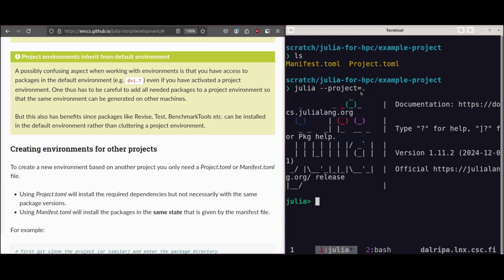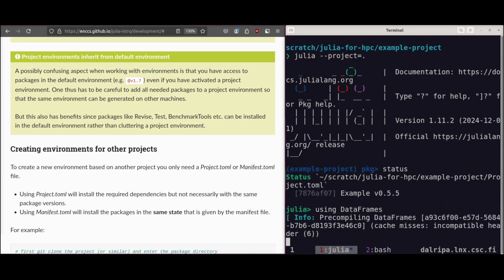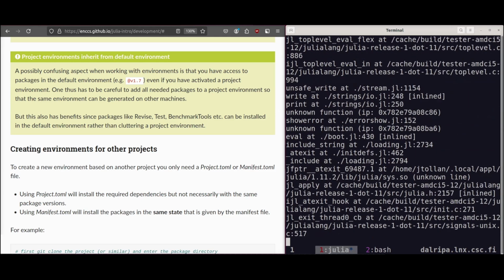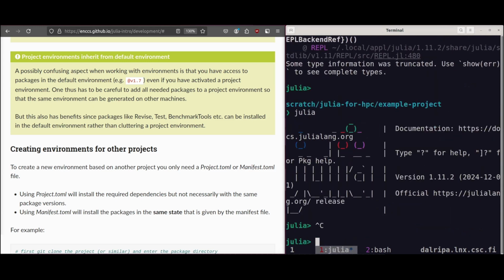We can start Julia with this project flag to automatically activate some project. Let's see if we query the status of this package. We should have only the example package, but I think I should still be able to import this DataFrames package because the DataFrames package is installed in my default environment. Okay, yeah, I should. It's a bit of a problem because I messed up the precompiles. Anyway,